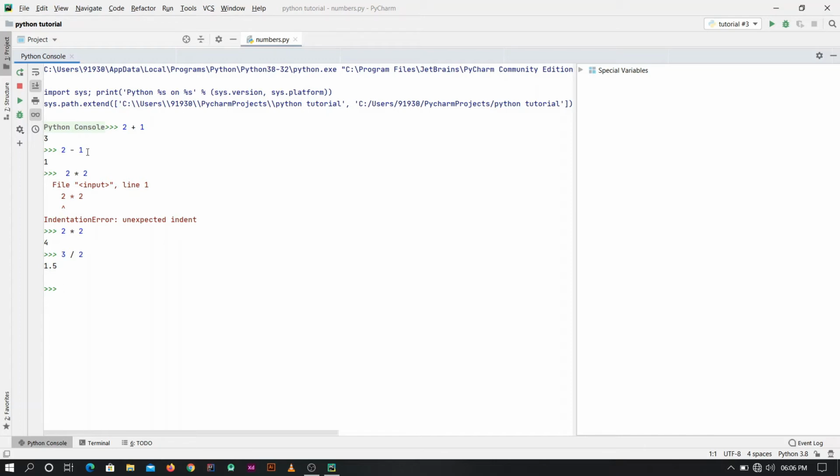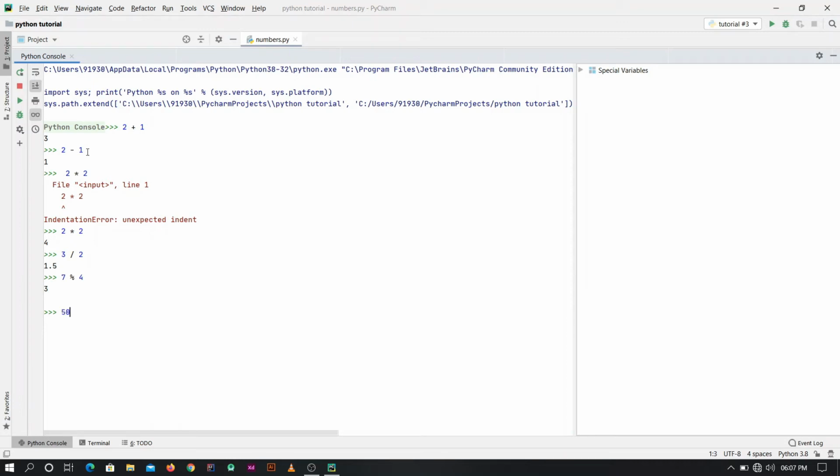Now let's take a little bit of time to discuss a mathematical operation that you may not have seen before. It's the modulo or mod operator. Basically, what this does is return the remainder after a division. So we are going to say 7 mod 4 and it returns 3, because 7 divided by 4 goes in one time evenly with a remainder of 3.